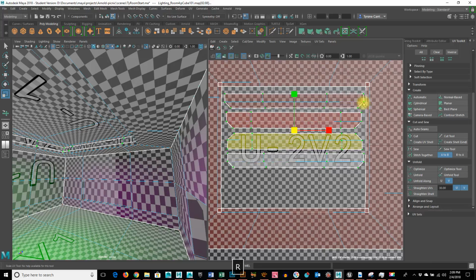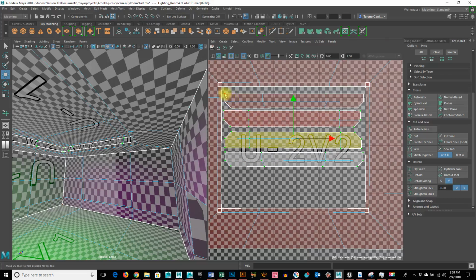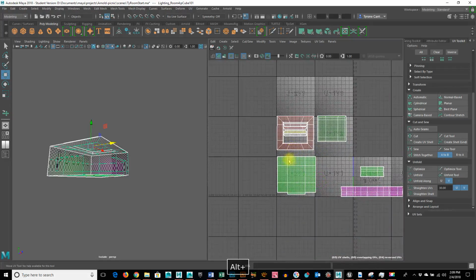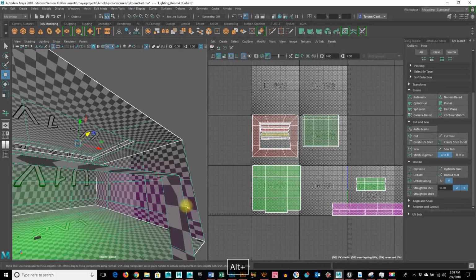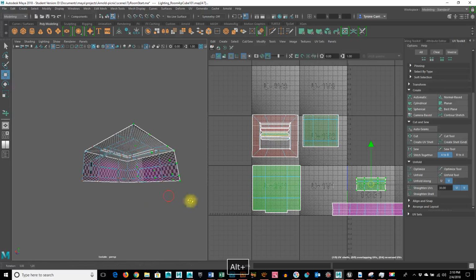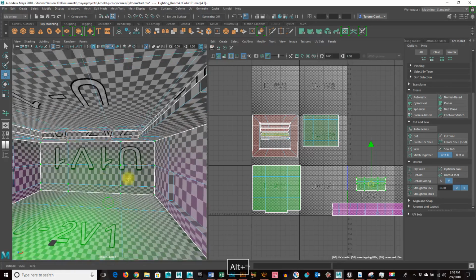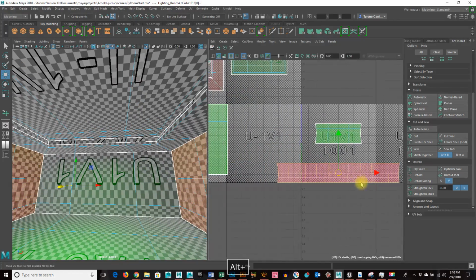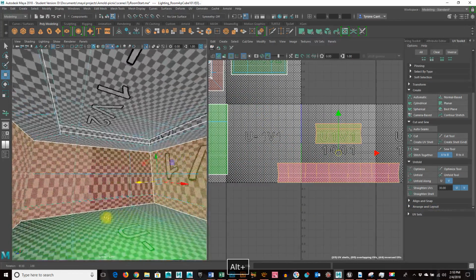Nobody's really going to be looking at that. So that's one wall back there, this little section back here. This is everything but that area. So if I grab all of these, these are my walls,